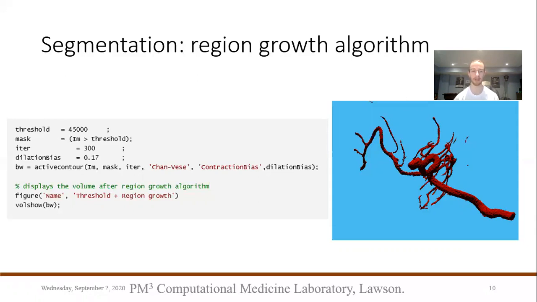It depends on your seeds, how many of them there are, and how big your volume is, how many iterations you're going to need, and also the dilation bias. The dilation bias determines the tendency of the algorithm to go outside or inside of the border of the feature that you are trying to segment. I found that 0.17 gave me a fairly good